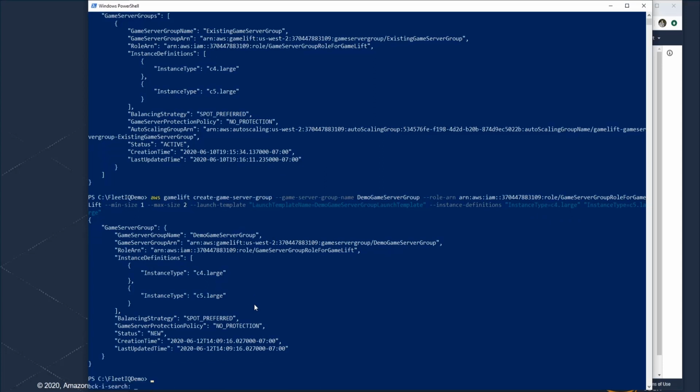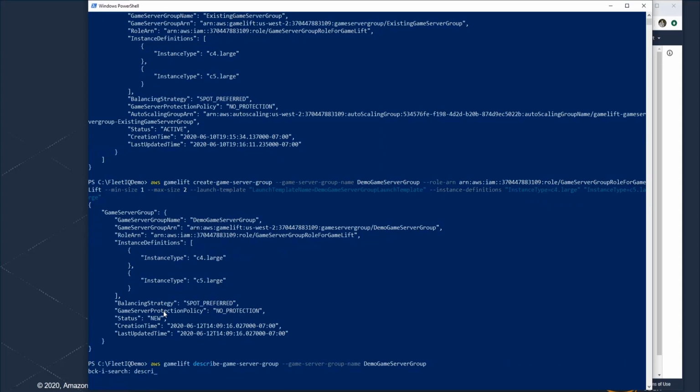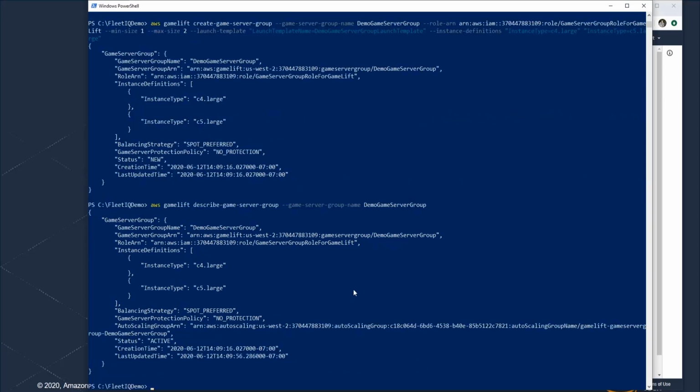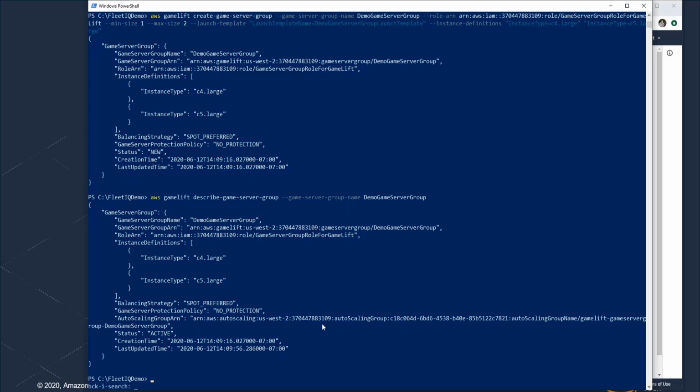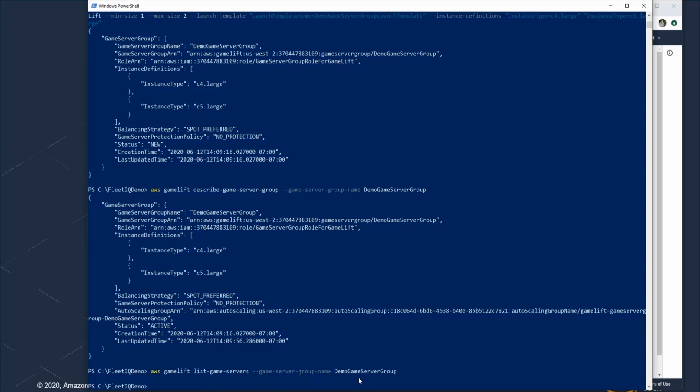So you can go ahead and describe this group. As you see, it starts in this new state. It's going to go through a provisioning cycle. It's already active, which means it's created the auto scaling group. It's already launched some instances. And what we're waiting for is those EC2 instances to start up so that my game servers, right? Notice the difference. This is describing the game server group. Now I'm going to try and list the game servers for my demo game server group. It should be empty. Yeah, because it takes about 2 minutes for those instances to start up